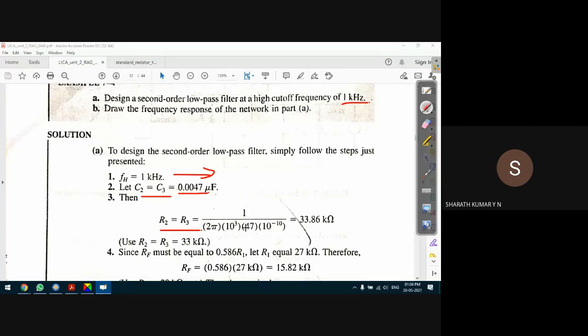So R2, R3 equals 1 by 2 pi, F into C. F is 1 kilohertz. C is 47 into 10 power minus 10. And we get the value of R2 and R3. So this is not a standard value. For example, if you see in the standard resistor table for 33.86 kilo ohm, go to the standard